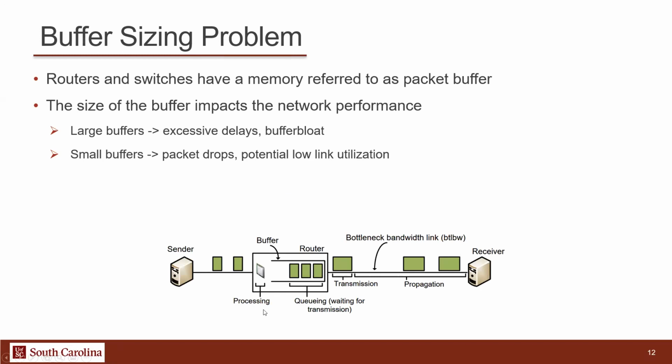If we decide to use large buffers, this is gonna introduce some delays. And this is known as the buffer bloat, where the flow completion time of short flows will be very large due to the large buffer that we have. But it would be good for long flows transferring data, for example, file transfer of very large files. On the other hand, if you decide to go with small buffers, then some packets will be dropped and you might have low link utilization. And finding the right size for that buffer is not an easy task.